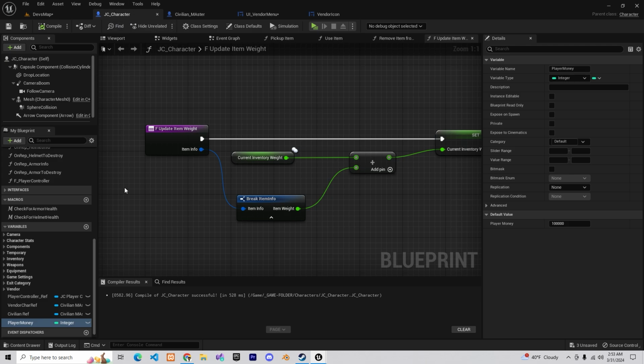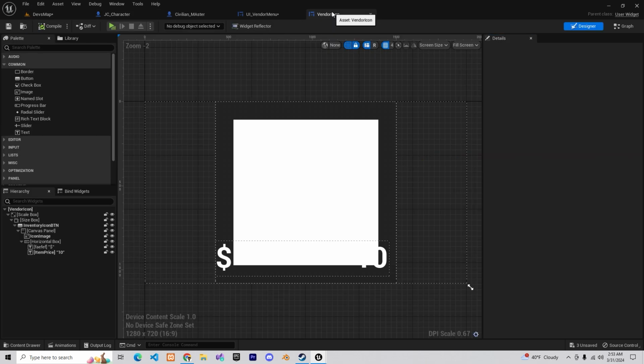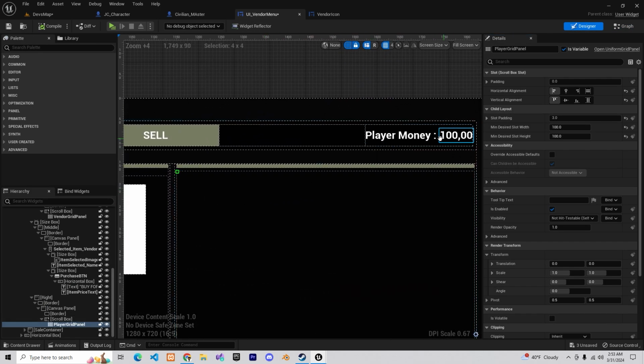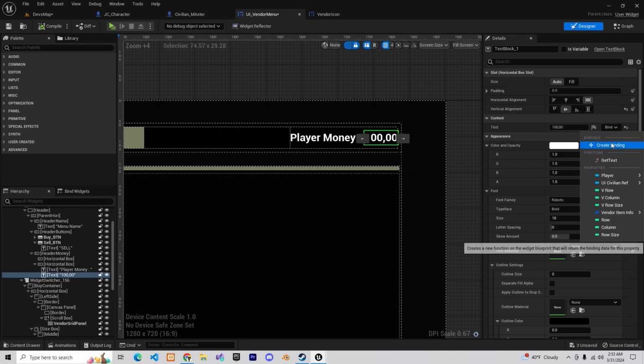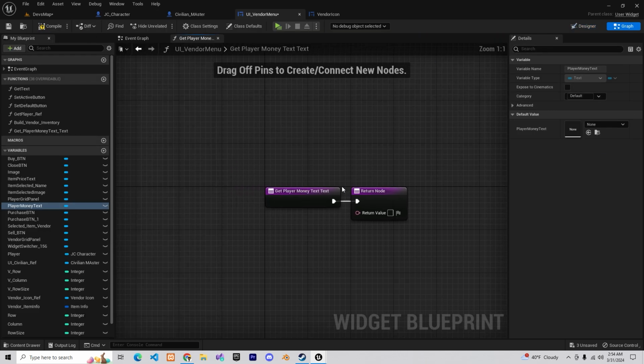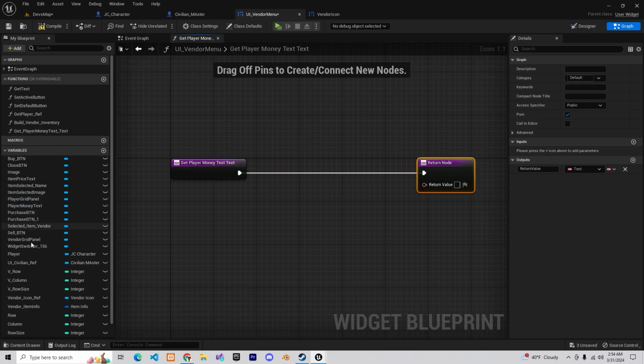So in your player character, add a variable named player money, and for me, I add 100,000. Make sure it's replicated. And if you go to your vendor and where it says player money here, we can create a binding for it. Let's say player money text, and yeah, let's create the binding, and we can get our player,